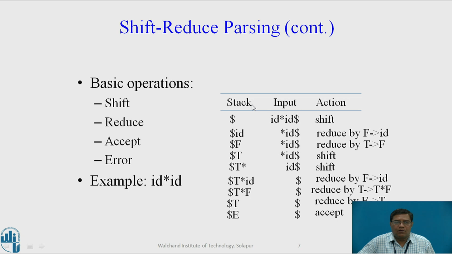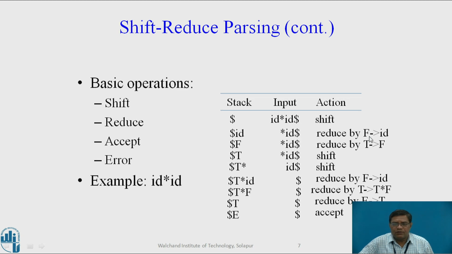So, we can see this process in 3 columns. Stack column indicates the status of the stack containing the appropriate grammar symbols. Second column is the input symbols, and third is what kind of action or operation is to be performed during this parsing. So, initially stack is empty and the given input has the first symbol id. So, if the stack is empty, then always perform the shift operation onto the stack. So, we shift this id symbol onto the stack on top side, and this id is a string matching the